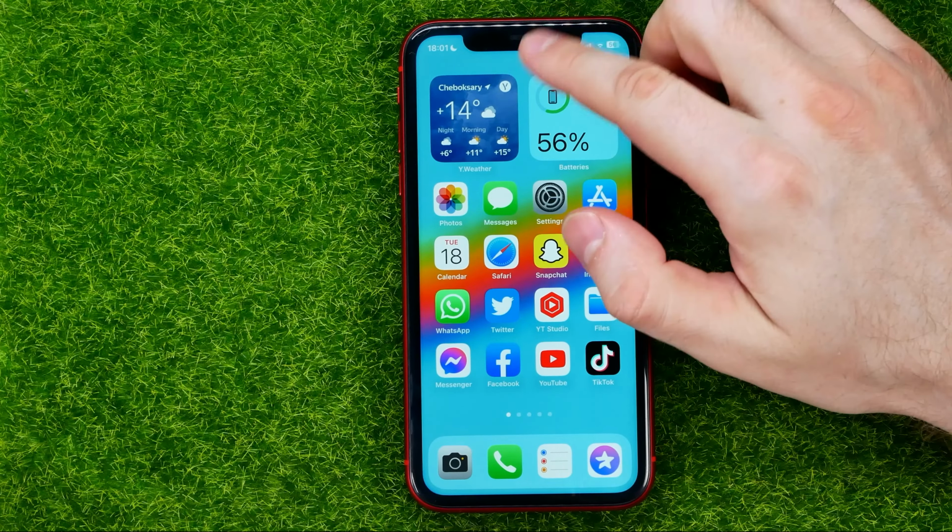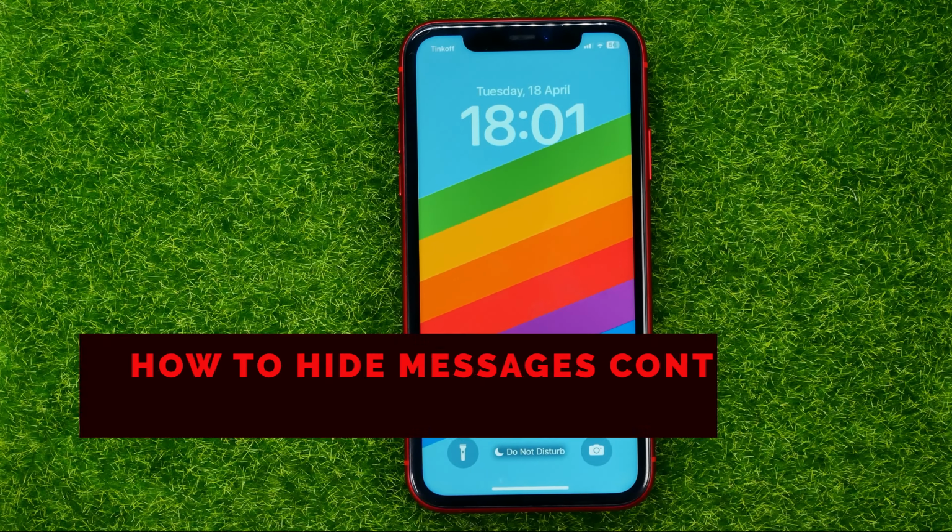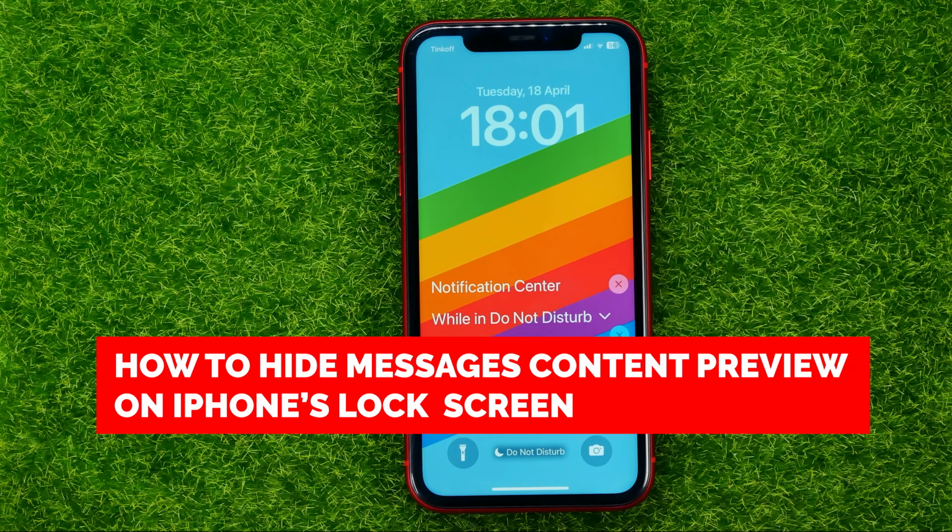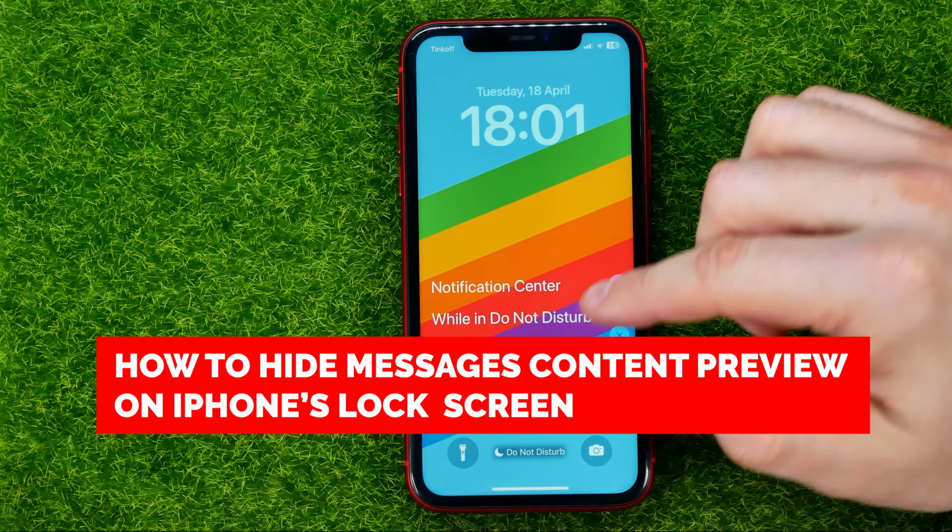In this video, I'm going to show you how you can easily show or hide messages content preview on the